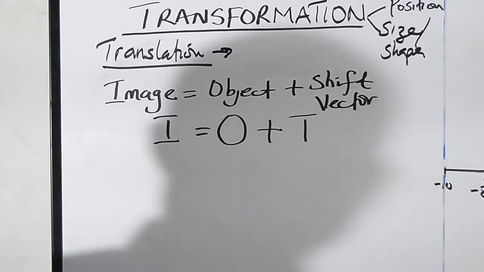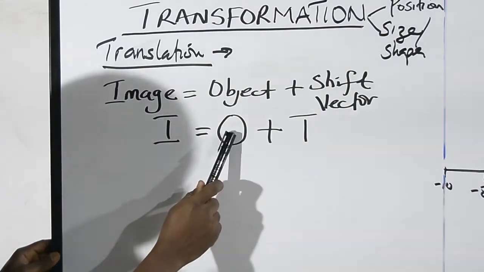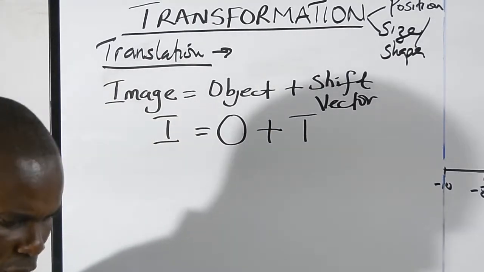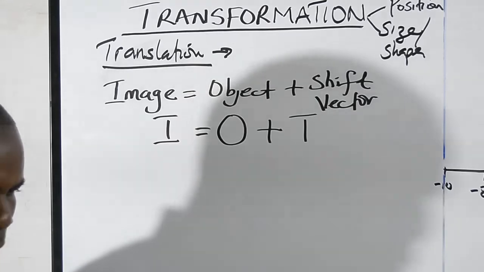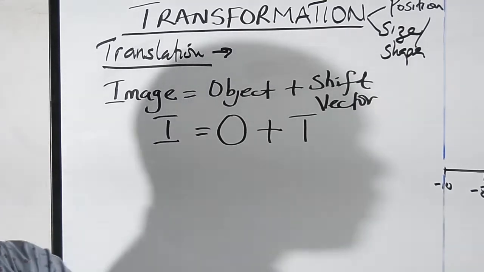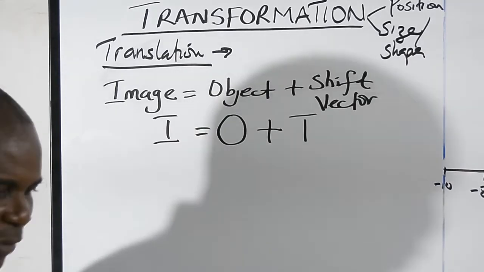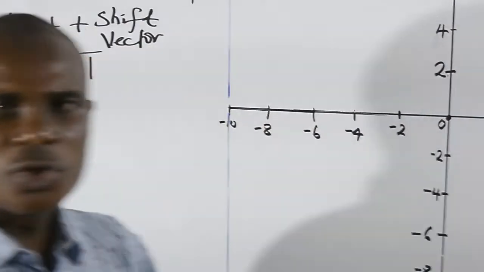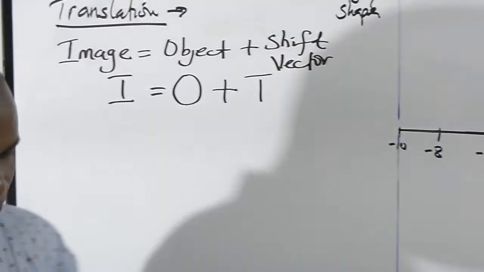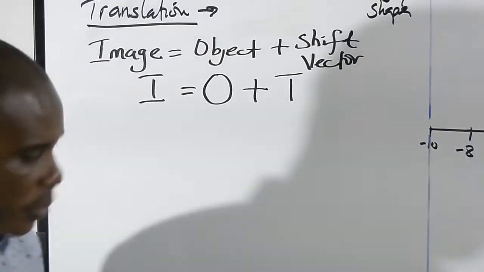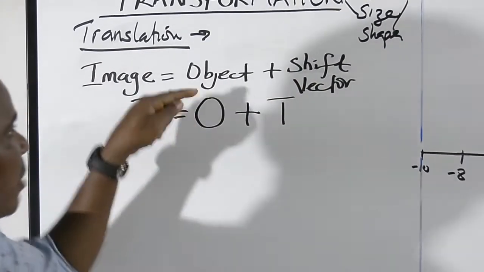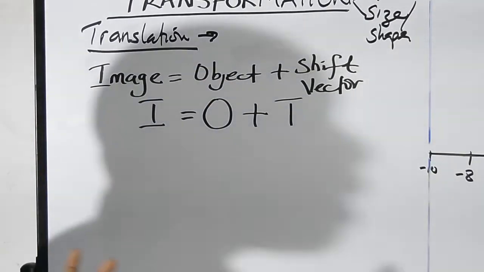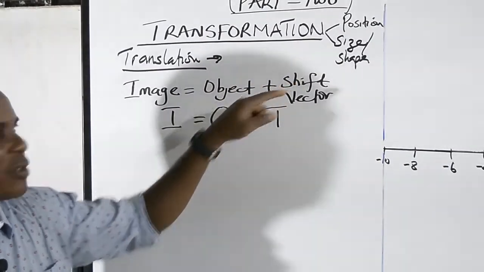So this is the formula. I can move a particular vector. This is the vector. Then if I add the translation vector onto it, I'll get the image. Just like, this is the original position. Now I want to move this vector to that position. When it is over there, it's called the image. When I'm here, I'm the object. But before I get there, I need to take a few steps. Those few steps I'm taking are called the shift vector, because I was able to shift my body from this position to there using my legs. So the legs stand for the shift vector, and my original position was the object. The new position I arrive at is called the image. So you now see how it works. The object plus the shift vector gives me the image.